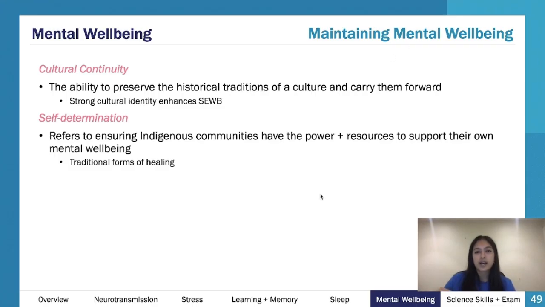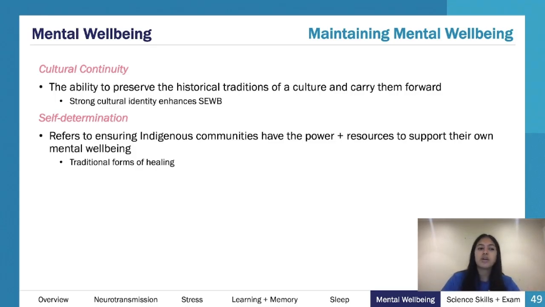Kind of along these last dot points, we're looking at maintaining mental well-being. So discussing mental well-being and obviously looking at specific phobia, here's when we're talking about maintaining a high level of it. So in terms of First Nations communities, looking at cultural continuity and self-determination are really important, because understanding that cultural determinants of health are really, really important, especially for Aboriginal and Torres Strait Islander people. So cultural continuity is this idea of, as it sounds in the name, preserving the